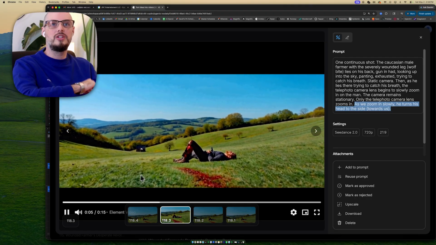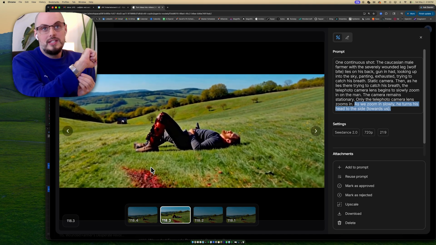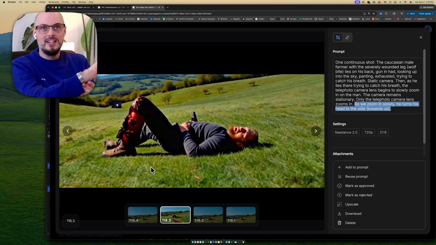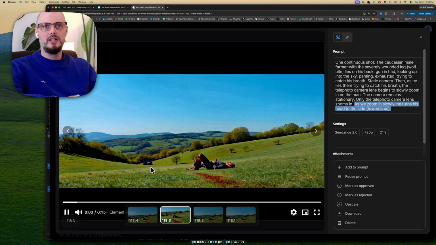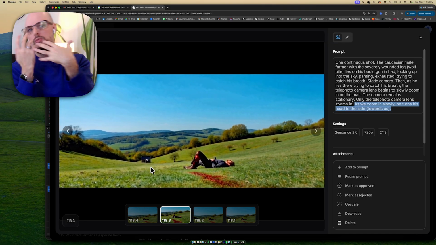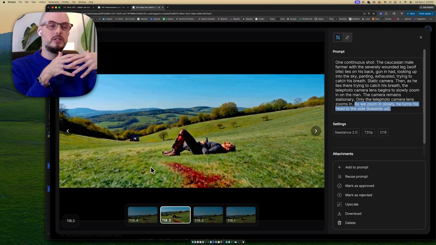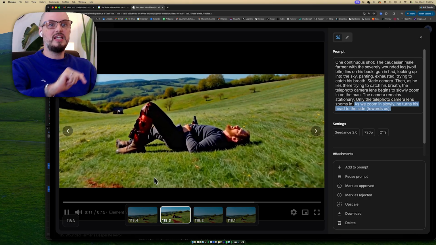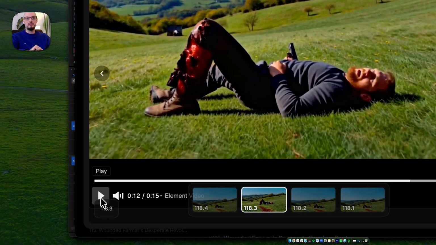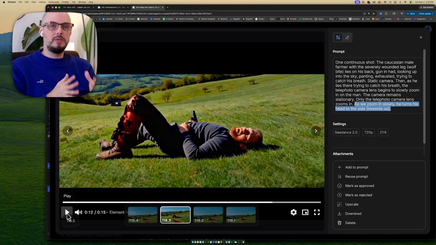Now, here's the other thing. The other reason why I wanted to do this at this stage was because I wanted to see this guy's face. I don't know what this guy looks like. He's being invented as the shots come out. So I'm like, if he turns towards us, I'll be able to have information to give to Seedance to continue the shot. If he stays at a side profile the whole time and I get close to him, then I'm still going to have to discover what this guy looks like in the next clip